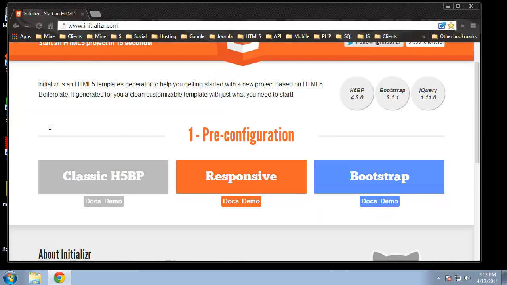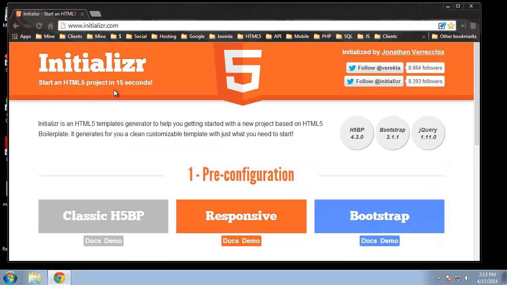website and kind of gives us some options. Alright, so as a pre-configuration we have 3 different options. We have classic, which is basically just the bare bones, the needed stuff, and then we have a responsive option for apps or websites that are all about mobile. Alright, so mobile first websites, and we can make the classic responsive just as well, or we could use the Bootstrap framework. Alright, so what we're going to do is just choose the classic,